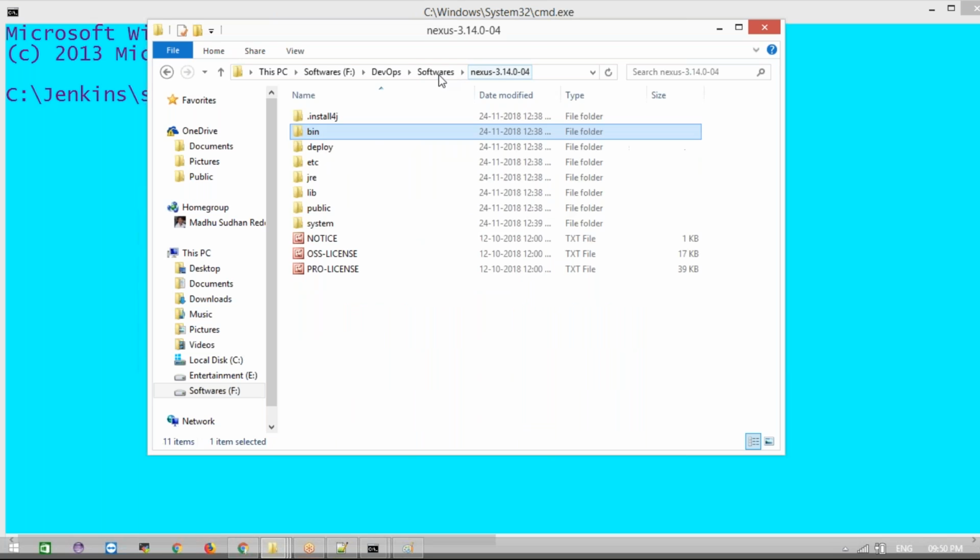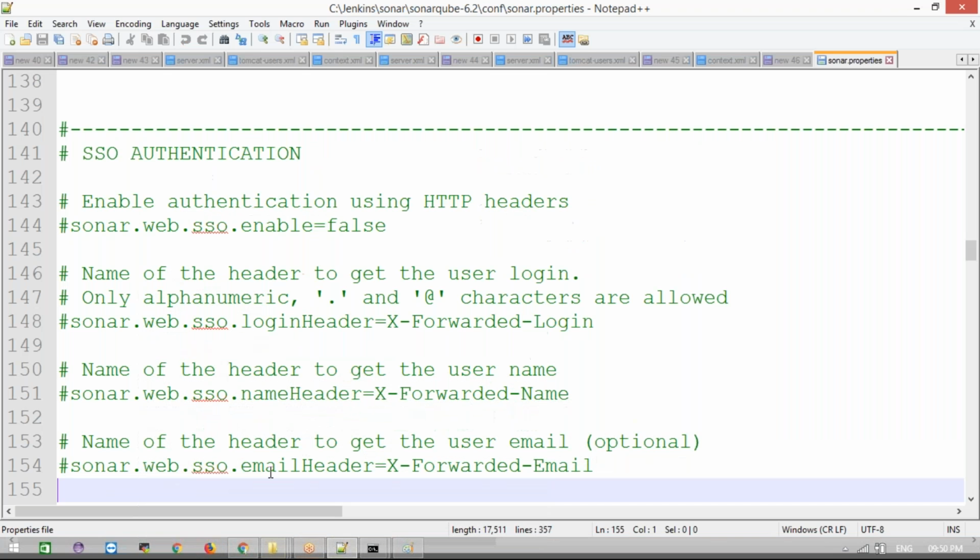This is a Nexus server I'm going to use now. Sonar type Nexus, that is Nexus, and the other is SonarQube. These two names are very confusing, and sometimes I am also confused. This is Sonar type Nexus, and the next one is the SonarQube.